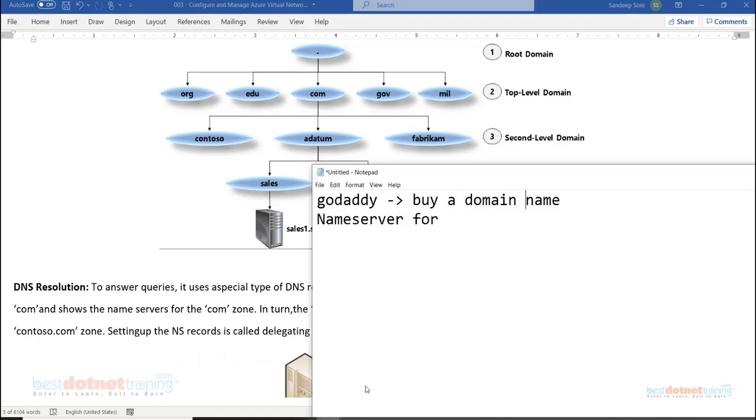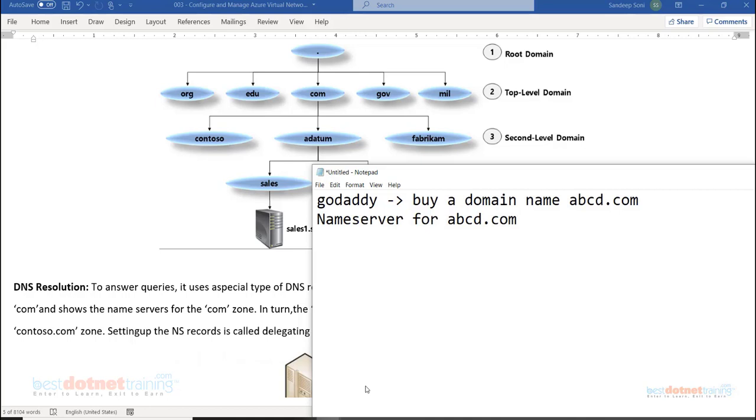Let's say I buy a domain name abcd.com. So GoDaddy is going to provide me a name server for abcd.com. So I go to the control panel of abcd.com. From there, I use the option manage name server, or manage DNS actually. When I say manage DNS, it will show me these are the name servers.